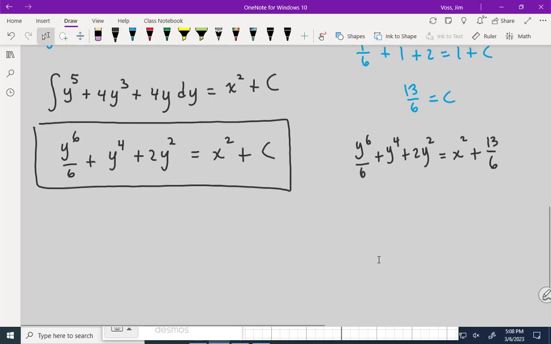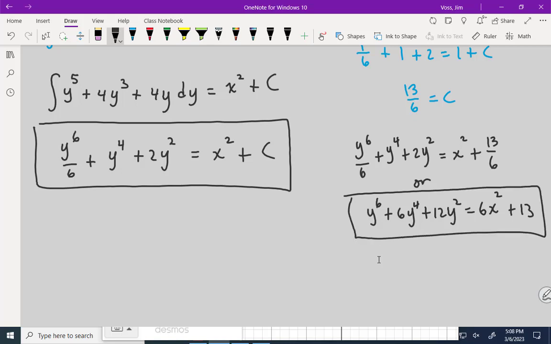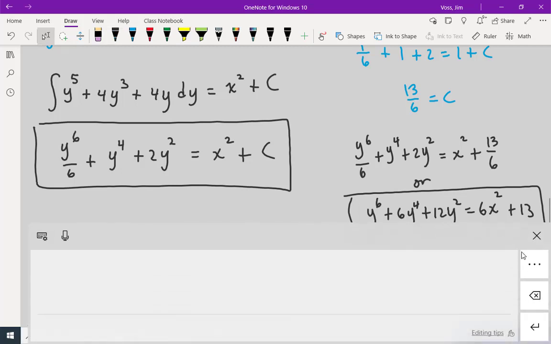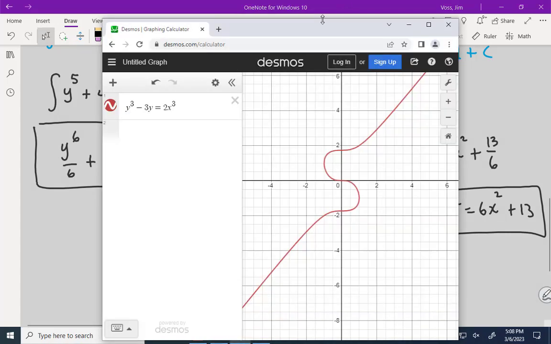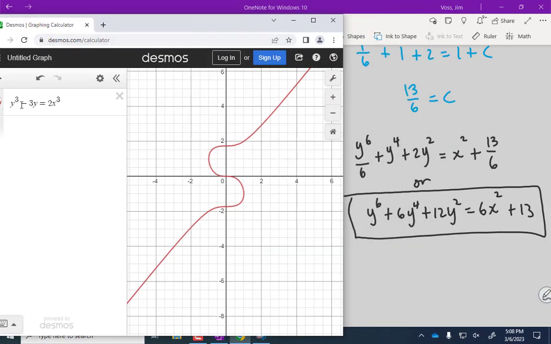But if we want to clear out the fractions just because we hate fractions, either one of these would be completely correct. So that thing right there, it's a curve. We know it's a curve. And we know that there's going to be implicit functions within that curve. So if we go look at the implicit functions,